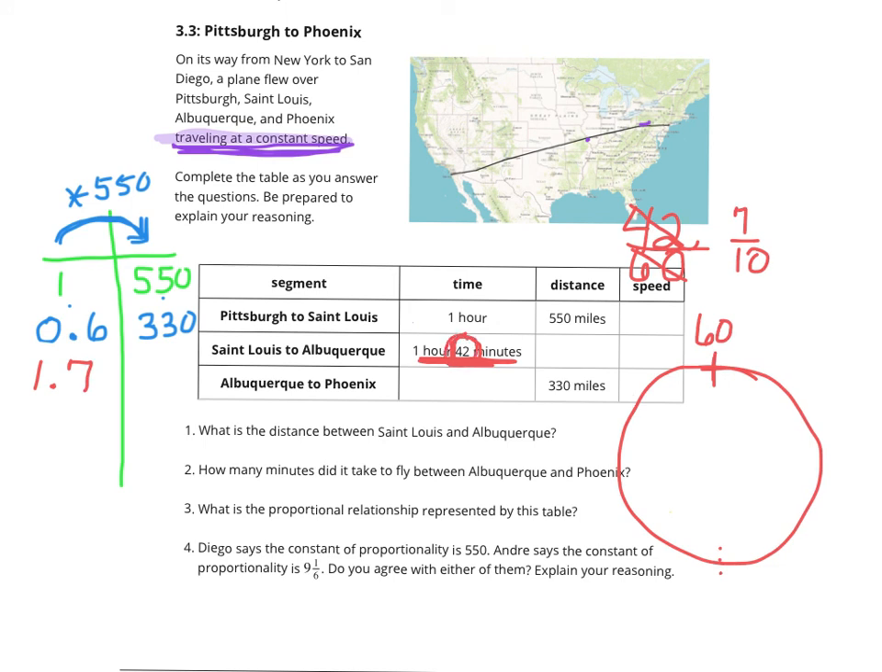Knowing the 42, knowing the multiplication tables, 42 is divisible by 6, and thinking about hours being divided into 60 minutes helps us out. So now to get that distance between St. Louis and Albuquerque, we're going to multiply by 1.7. And when I did that, I got 935 miles would be the distance from Albuquerque, which is in New Mexico, which is one of these things, Albuquerque and Phoenix, I think. Okay,